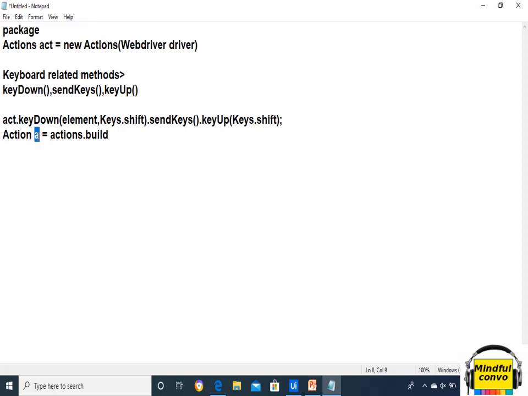So here A is the reference of the Action interface, and actions means the object of the Actions class. You can write act here dot build. Then we write A dot perform.